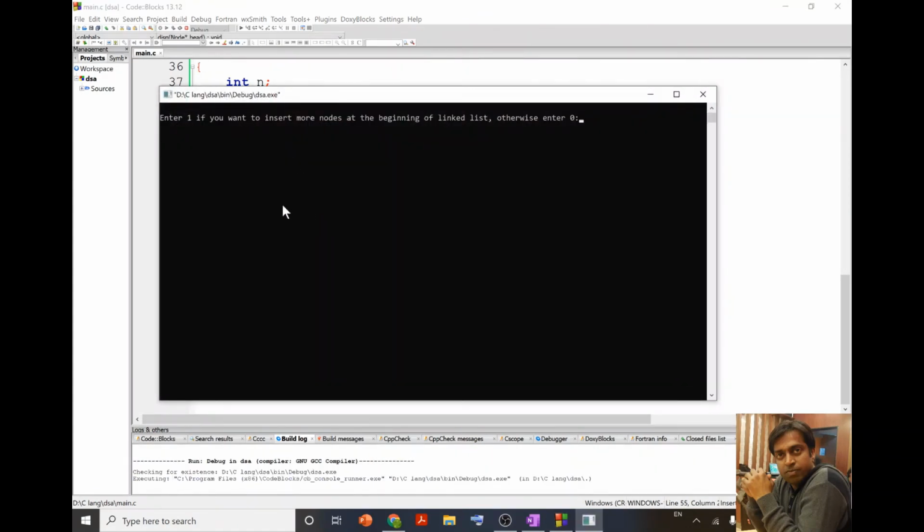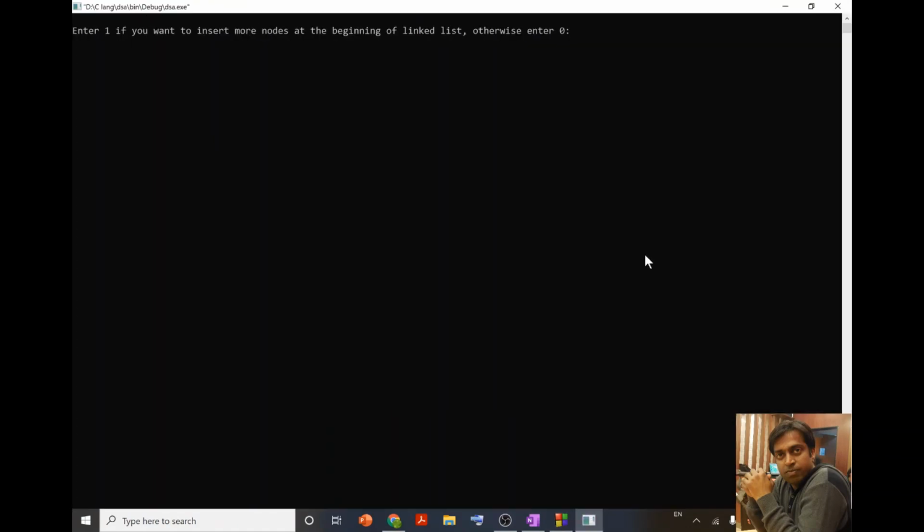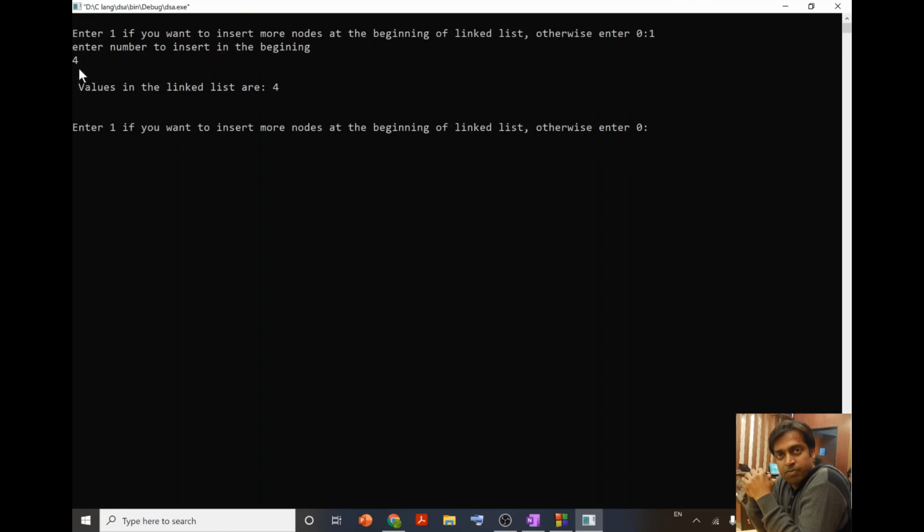Over here you can see that it is asking to enter 1 if you want to insert more nodes at the beginning of the linked list, otherwise enter 0. If I enter 1, then it is asking to enter a number to insert at the beginning. Let me put 4. When I enter 4, it displays that the values in the linked list are 4, and again it asks me to enter 1.